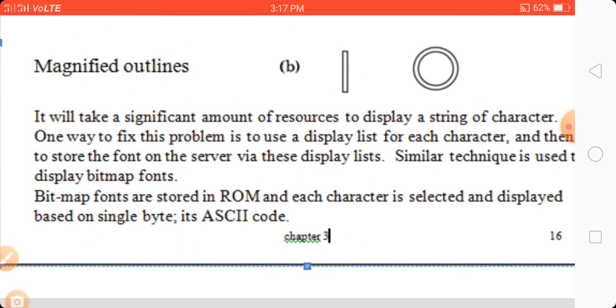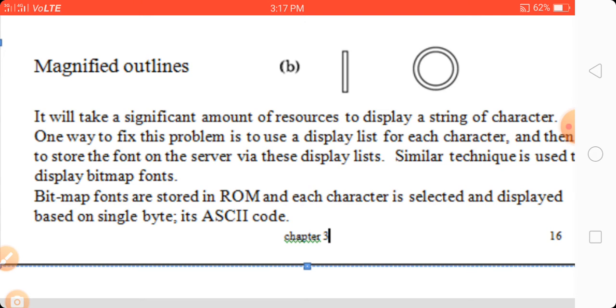It will take a significant amount of resources to display a string of characters. One way to fix this problem is to use a display list for each character.